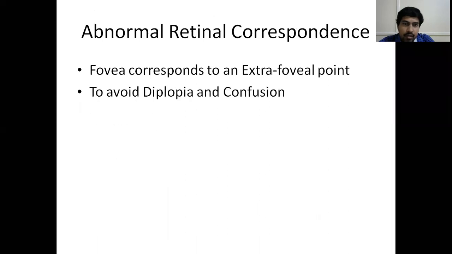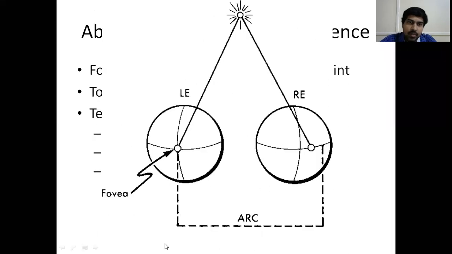And abnormal retinal correspondence. Suppose this is the fovea in the right eye, and this part should be the fovea of the left eye. Okay. So suppose this is an object you have to see. This is the fovea in the right eye, and this should be the fovea in the left eye. Both foveae should be corresponding points. Actually, this center point, this fovea, should see this object. The image of this object should fall on this fovea. And here at this point,